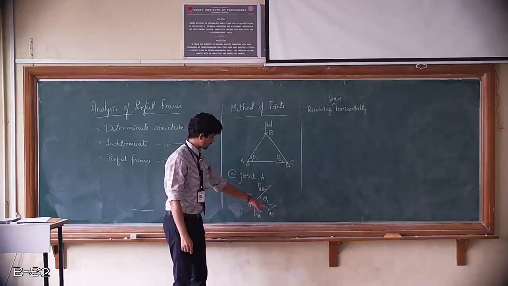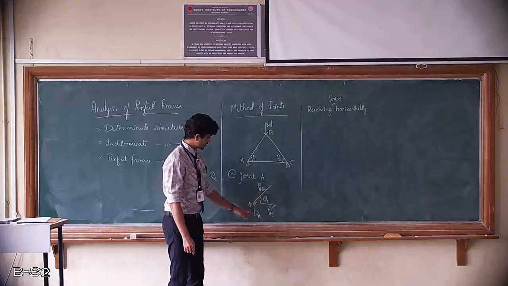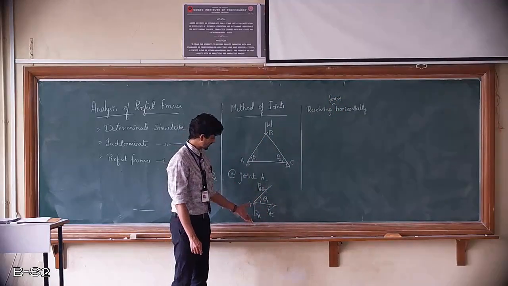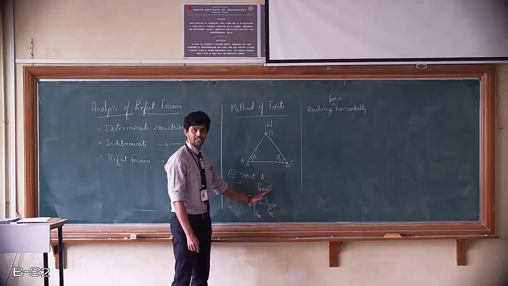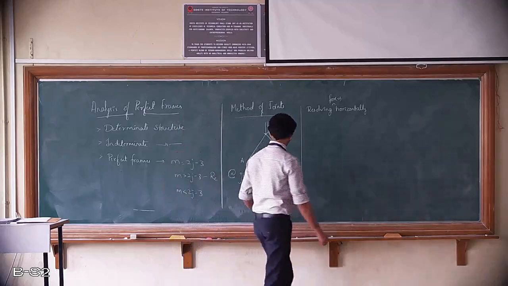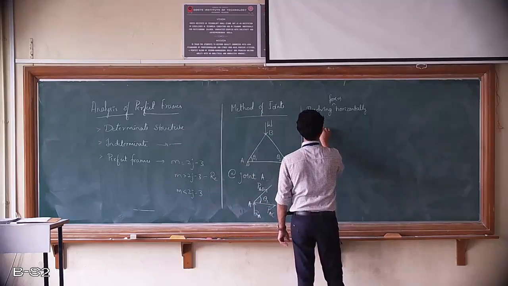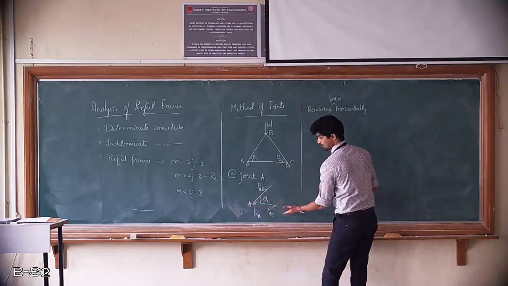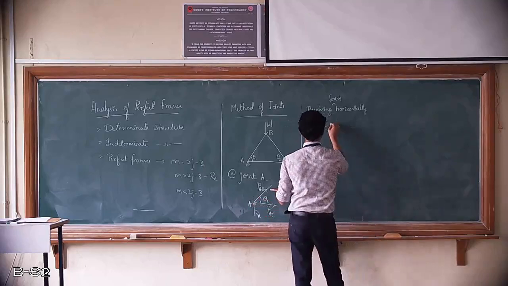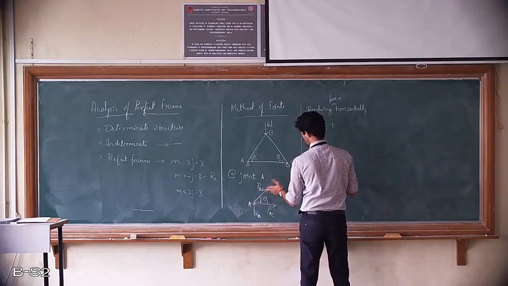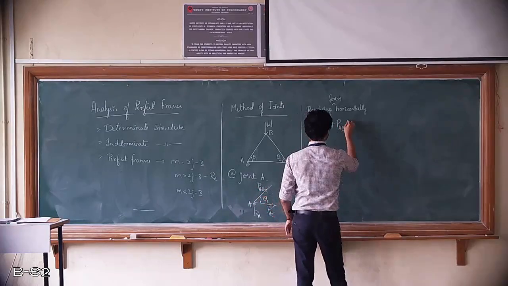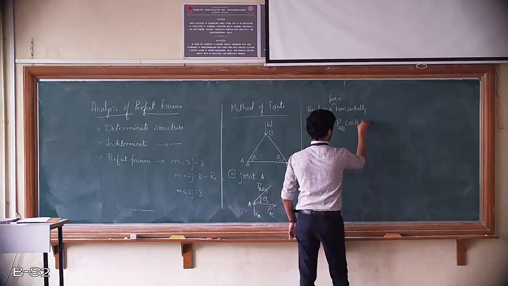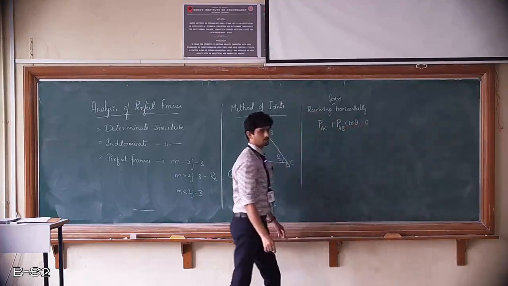Now, when we say horizontally, we can't consider this RA because it is acting purely vertically, whereas we can consider this member which is purely horizontal and an inclined member PAB with a certain angle. So PAC, which is acting in this direction, plus in the same direction PAB cos theta1 is equal to 0.